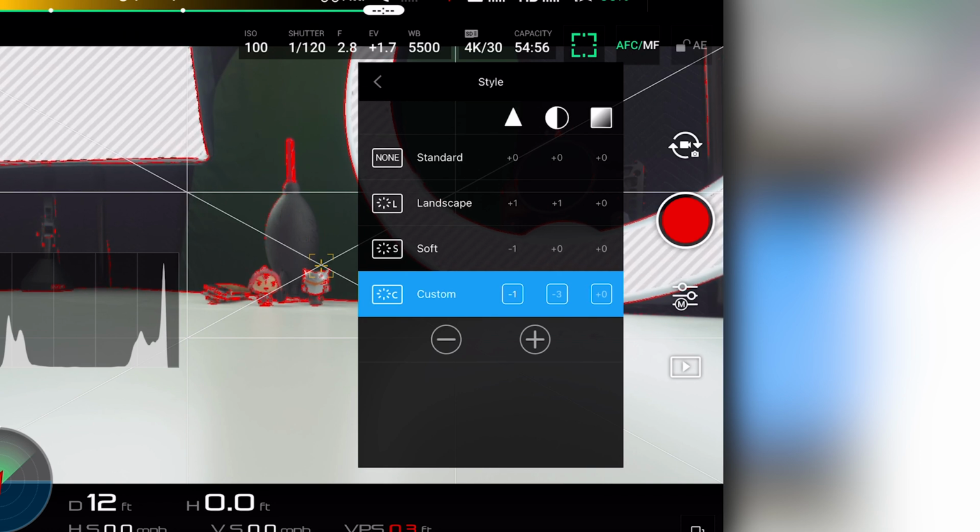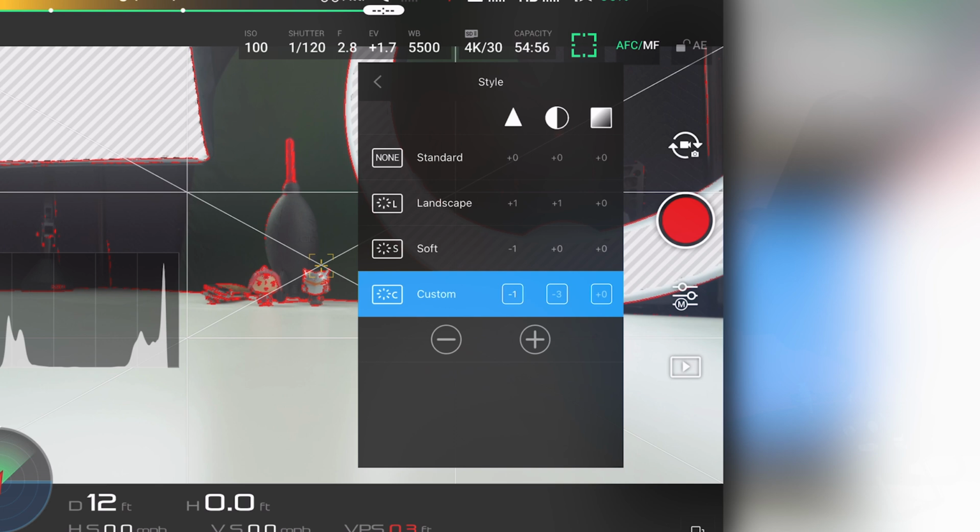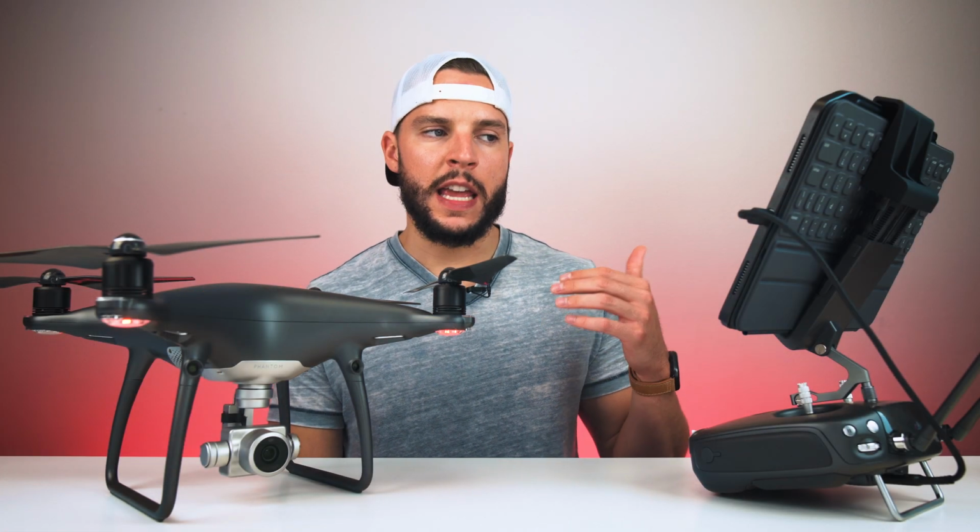I've done so much test footage, I think I've come to a conclusion. And this is the best way of approaching this. On this window, you'll have the triangle on top, you'll have that little half circle, and then you'll have that gradient square. Basically, within this window, the triangle stands for sharpening, the half circle for contrast, and the gradient square for saturation. And with all three of these settings, really the thing you have to keep in mind is that